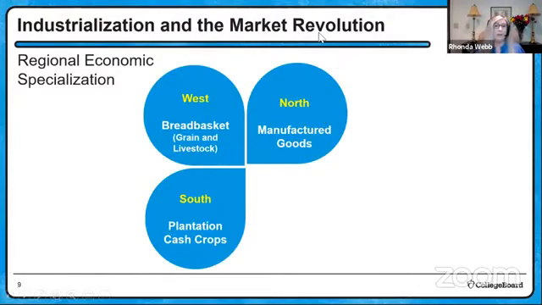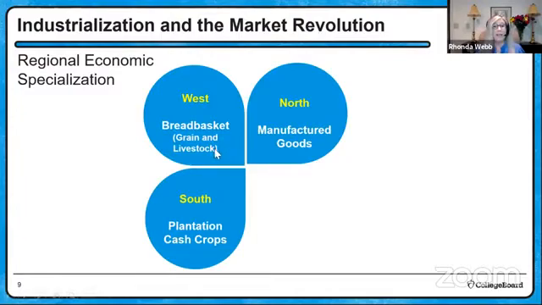Another one of the really, really big topics in time period 4 is this growth of industrialization. You may remember the Lowell factories that you studied in time period 4, where the Lowell factory girls begin to work there, and they've got the textile industry. And that textile industry, the production in the North, is being fed from the cotton production in the South. And a lot of that is tied to that invention by Eli Whitney, the cotton gin in the 1810s. And that really makes cotton king in the South. You may have heard that phrase before.